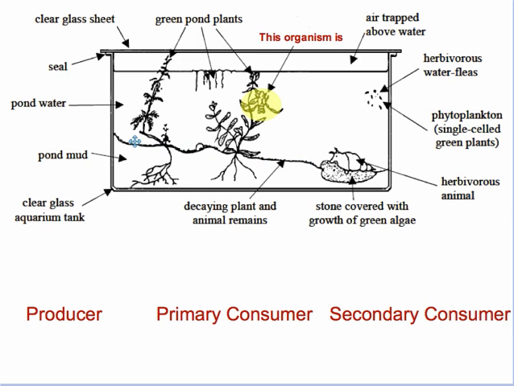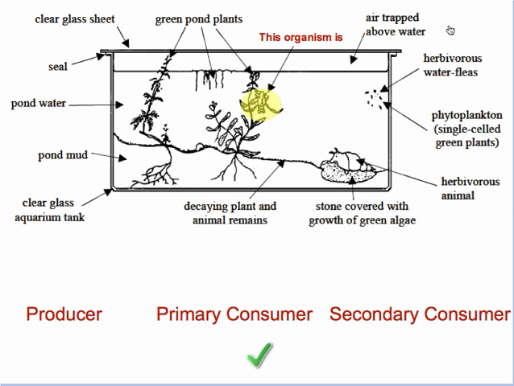The fact that it also feeds on dead, decomposing, decaying matter, which is called detritus, puts it into another food chain as well, which is the decomposer food chain. But to keep things simple for the purpose of this slide, this organism here, it's definitely not a producer. It does not make any food, but it is a primary consumer because it feeds on things that do make food, making it a primary consumer, or something that belongs to the second trophic level, with producers belonging to the